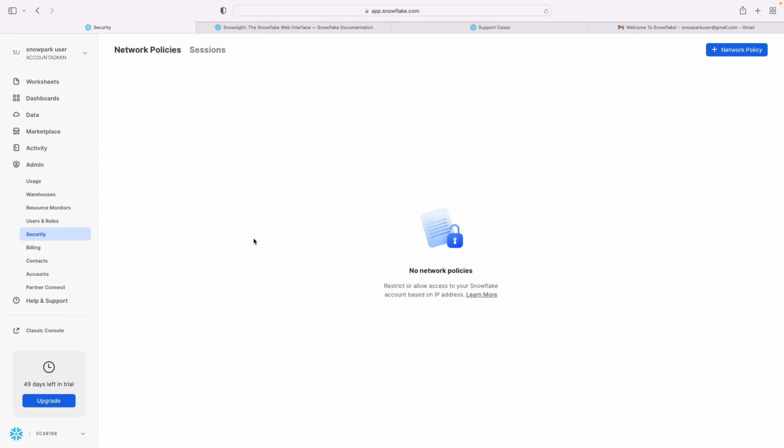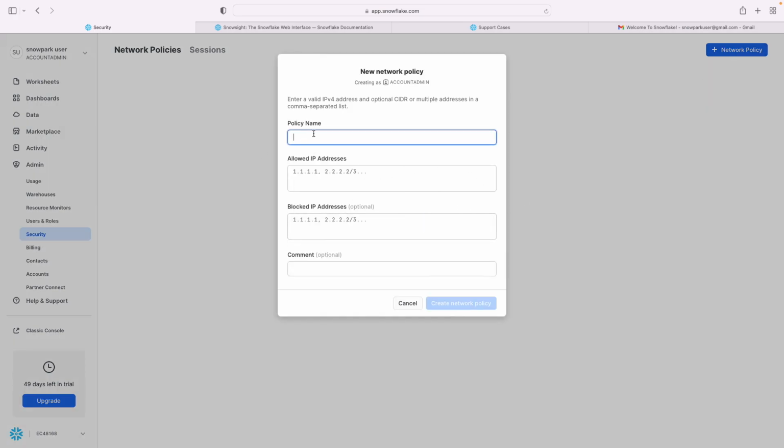The next one is security. It will help us to create some network policies, so that we can restrict the access to Snowflake from a particular IP address, or we can block the access to this Snowflake account from a different IP address. Let us see how this works. I'm creating a new network policy. Let me name it